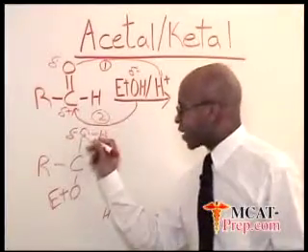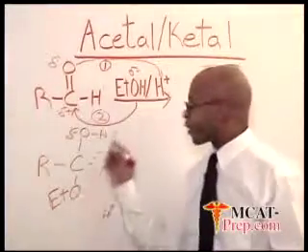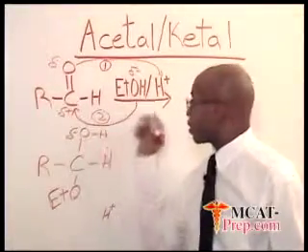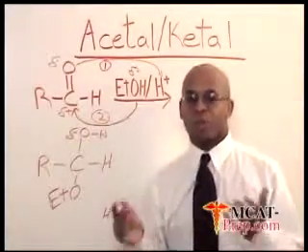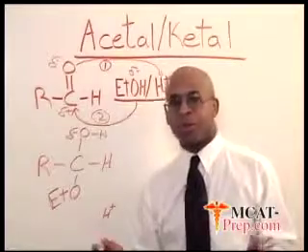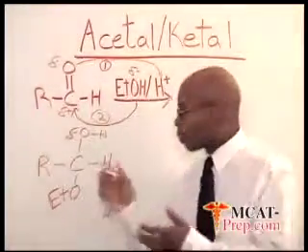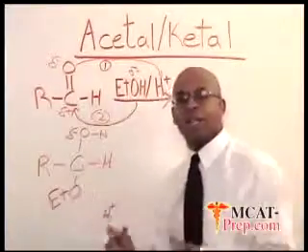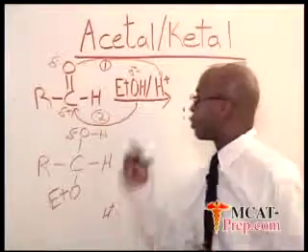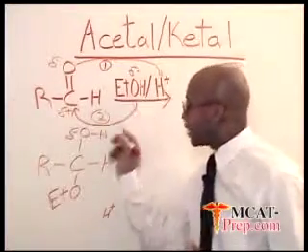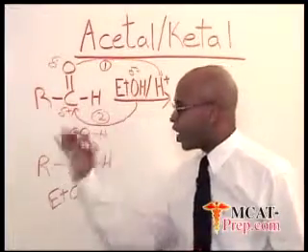So H plus being attracted to this oxygen, which is delta negative, because opposites attract, it would form, well, this is OH, so adding H to OH makes H2O. H2O is water. Clearly, water would be a stable substance. So water is a great leaving group. If you can form water which is attached to a carbon nucleus, water would be happy to leave as a leaving group. So if this hydrogen comes in here, attacks the OH, makes water, it falls off as a leaving